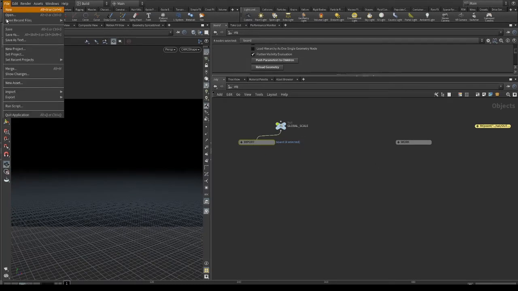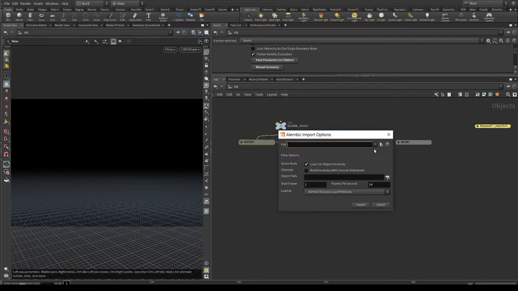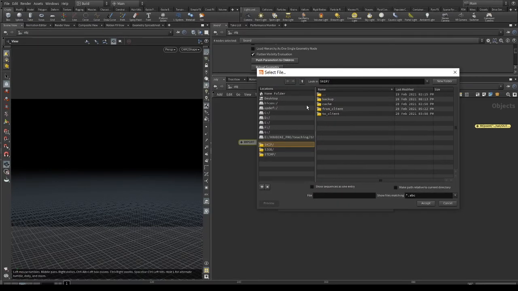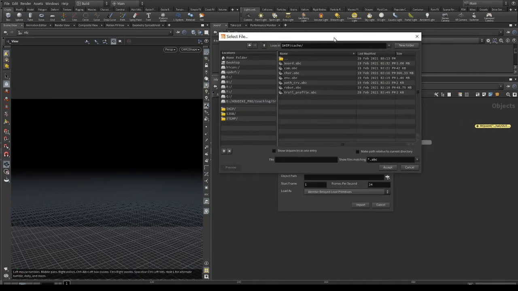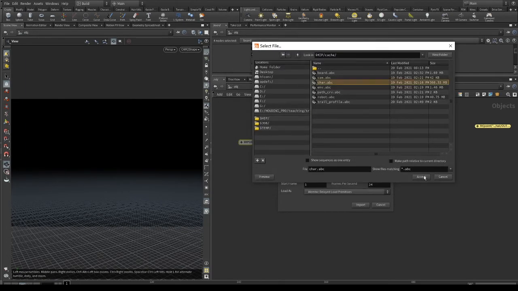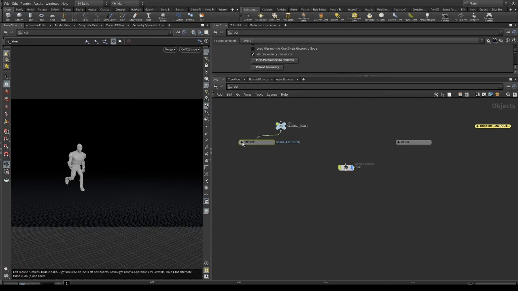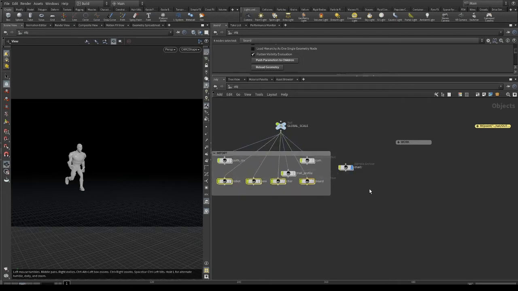You can go to File, Import, and Alembic Scene. You have to navigate to your folder where all your Alembic files are. I just take, for instance, the character here and accept. And you see we have a character here. If we have a camera, you can bring it also inside a scene. And as you see here, I already did these steps for every data that I need for this